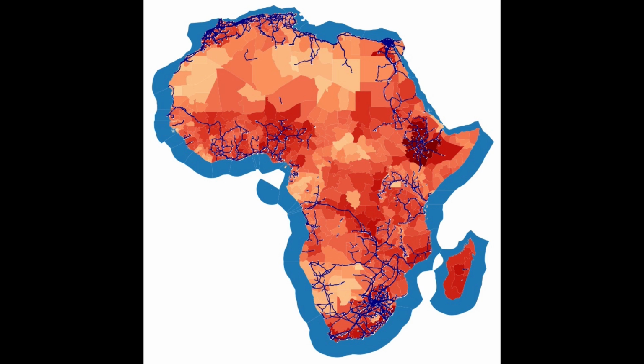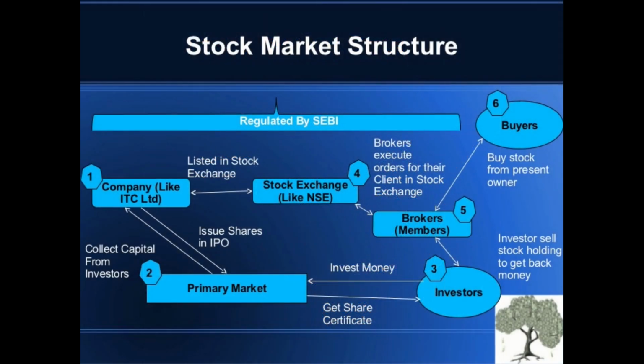And the fifth element on the list are what I call basic market institutions. So this is the minimal level of institutional support necessary to protect property rights, enforce contracts, permit private trade, allow for investment, and so forth. These institutions do not have to be highly developed, and they can be significantly restricted by the state, as we've seen in many cases, but there needs to be a minimal level.